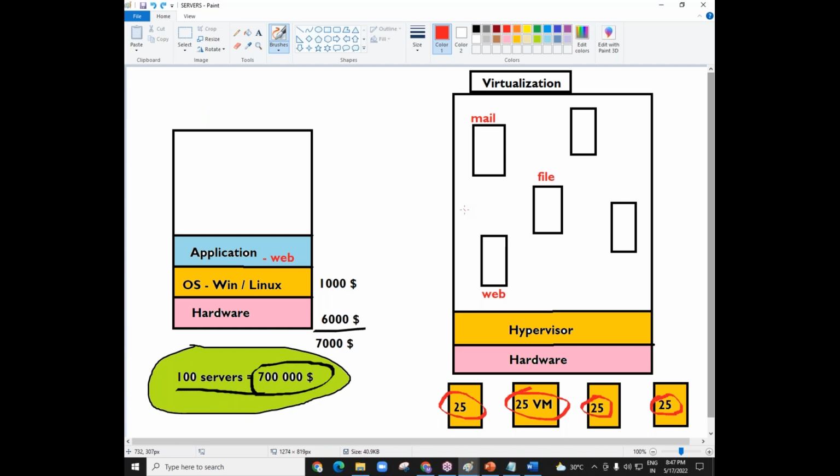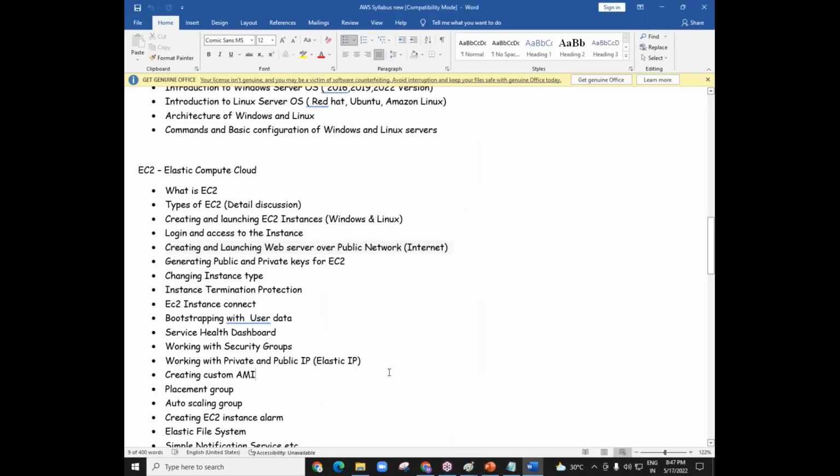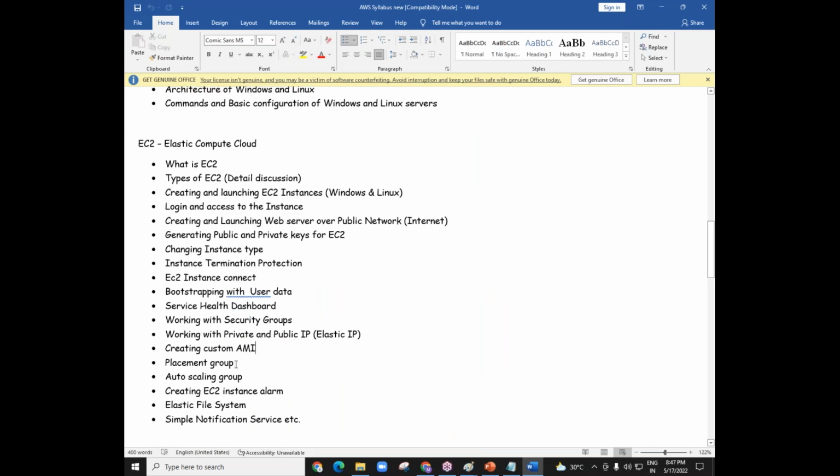But once you compare your cloud and the local data center, I can say one thing, cloud is more secure than a local data center. That much I can say. How, I'll prove in the coming classes. There are many ways of providing security there. There is something called security groups. When you go with security groups, then we can see how it is more secure.